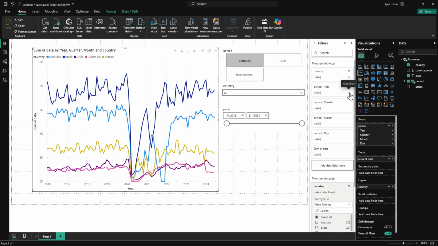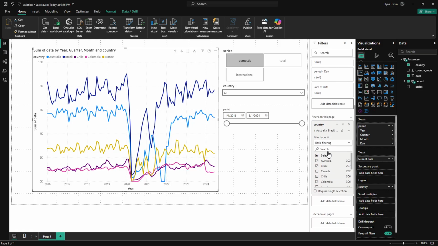And I will just hide, for example, some of these ones. So I will hide period, year, period, quarter. I will keep these so that you can see the difference. Let's say this is also there. So now you see if you click this publish,